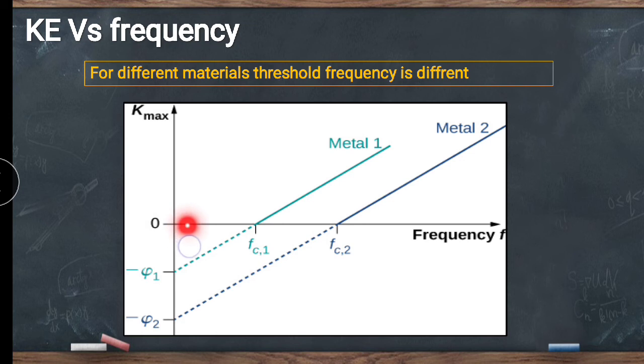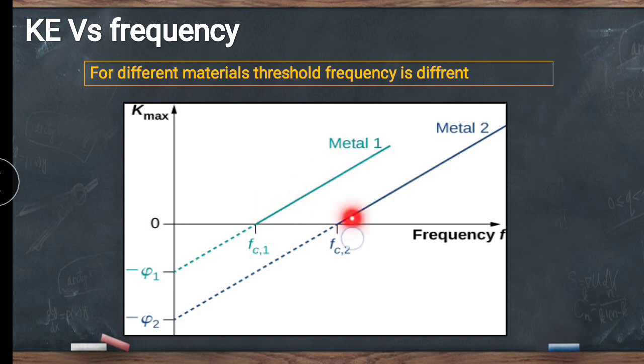So for metal 1, as we increase the frequency, kinetic energy remains 0. For further increase in the frequency, again the kinetic energy remains 0. But at this point, which is the threshold point, you will observe that further increase in frequency results in kinetic energy, right? And we get this curve afterward for the increase in the frequency. So this point is called the threshold point. What is meant by threshold point or the threshold frequency point? Threshold frequency means the minimum frequency required to eject the electron, right? So this is the threshold frequency for metal 1.